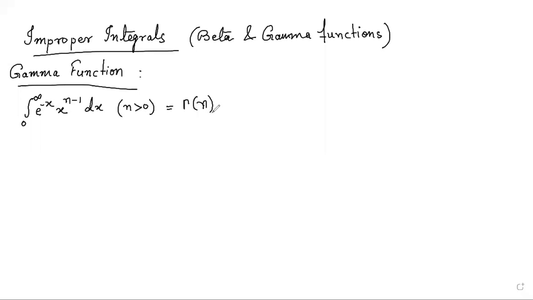Now, before moving further, can you tell me which type of improper integral it is? We learned two types of improper integral in our previous class, so which type can we consider it as? Type 1 or type 2? Type 1. Very good. It is type 1 because either of the limits diverges to infinity. So it is a special type of type 1 improper integral, which we call the gamma function. And this is the structure.